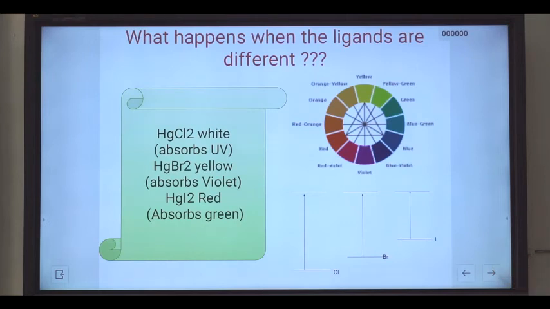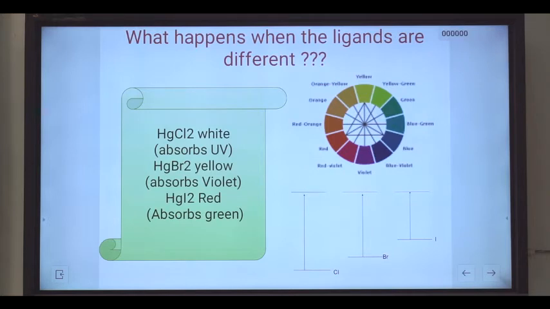So we have talked about the metal ions. What will happen if the metal ions are the same but with a different oxidation state? Next question arises, what happens when the ligands are different? Here I am taking the example of mercuric chloride, mercuric bromide and mercuric iodide. In this case it is HgCl2, HgBr2 and HgI2. So in these complexes the metal ions are same, that is mercury. But where is the difference? Difference lies in the ligands. So in the first compound the ligand is chlorine, second the ligand is bromine and then the ligand is iodine.